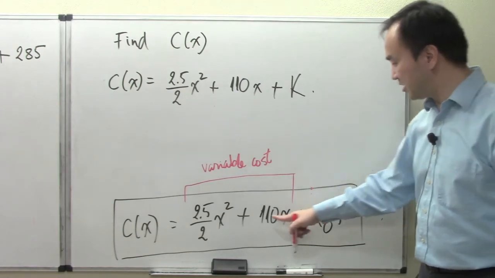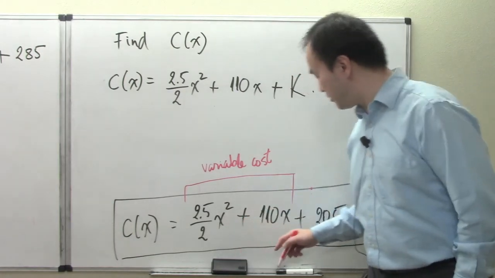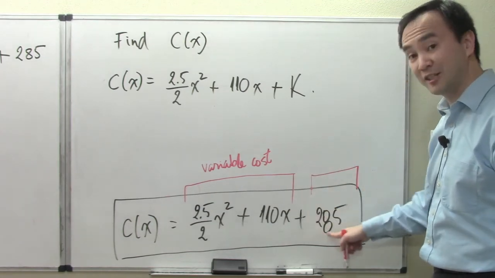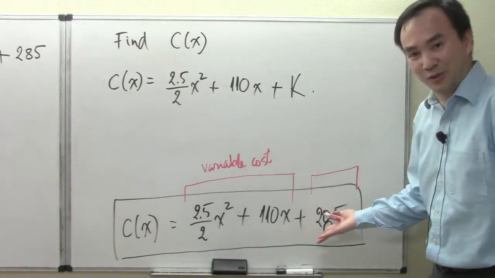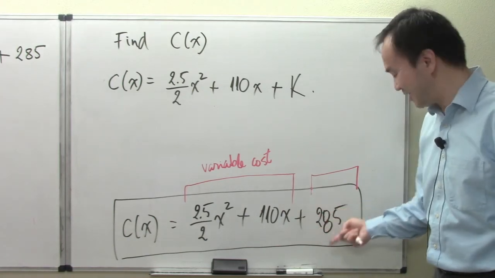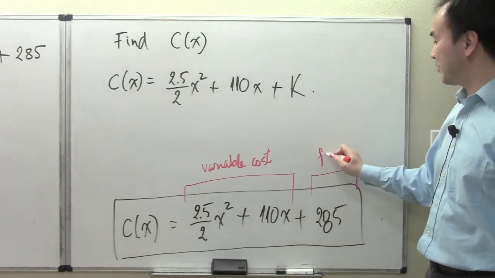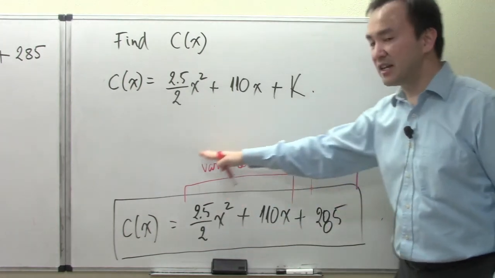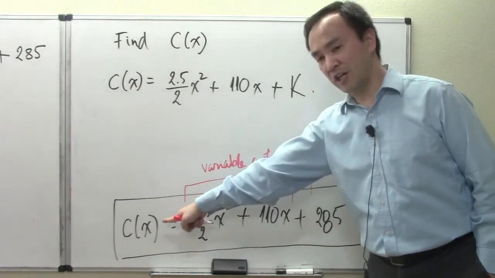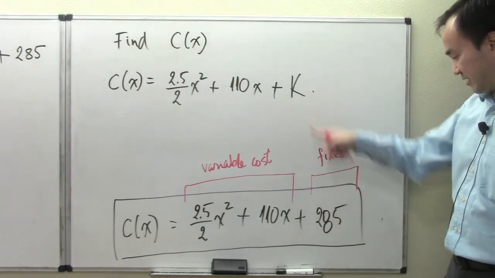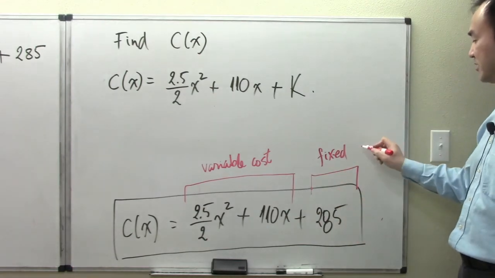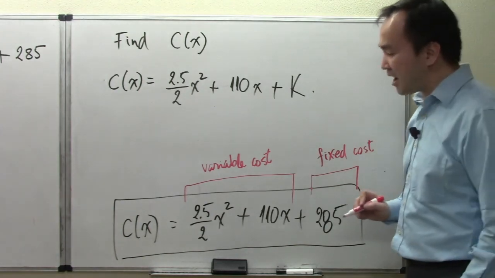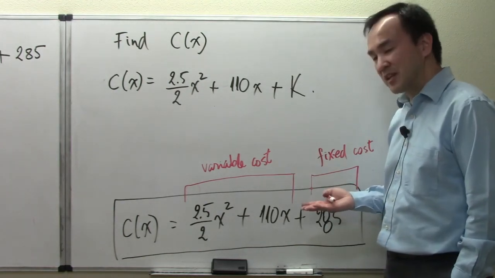But it doesn't matter what number of units you are producing, your variable cost will always be added to this constant. That's what it's called in math, the constant 285. So in the business concept, particularly when we're seeing this as part of a total cost function, that's K, or this 285 we found in this problem, is called a fixed cost. That's how it is. So in many other problems, for example, then maybe the problem says, instead of saying,